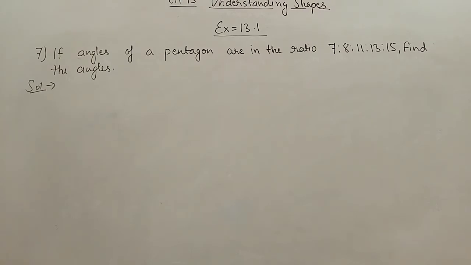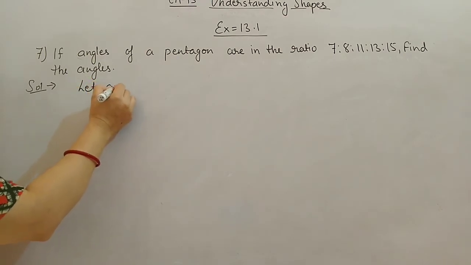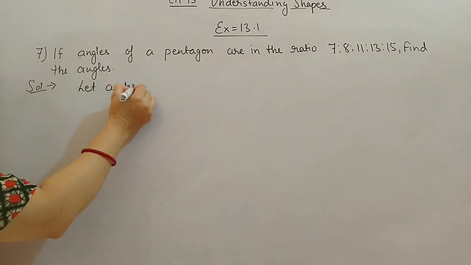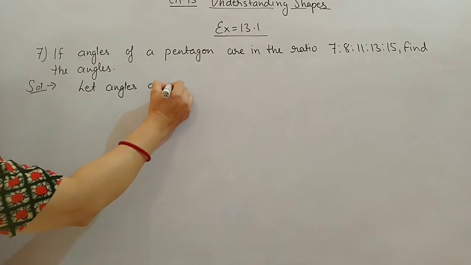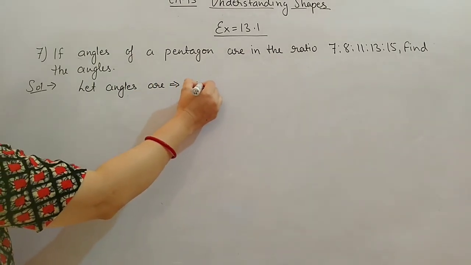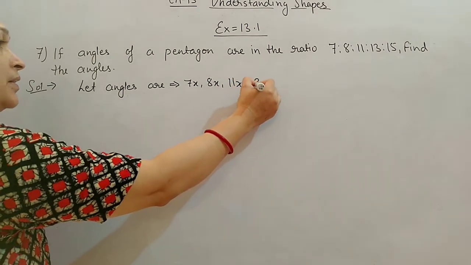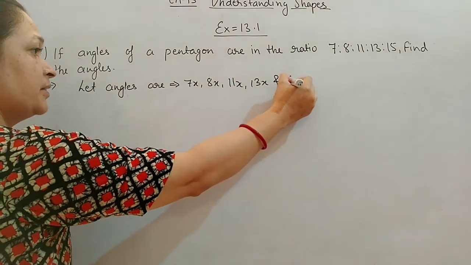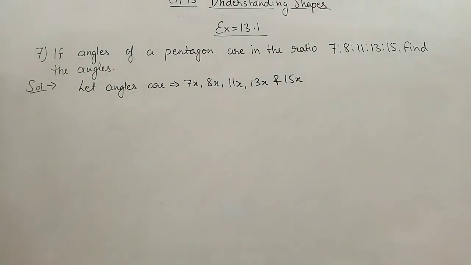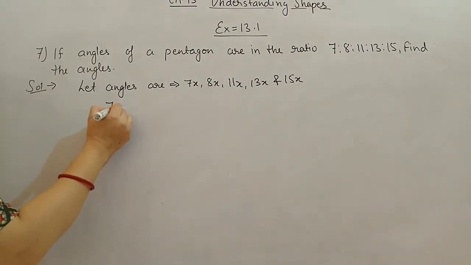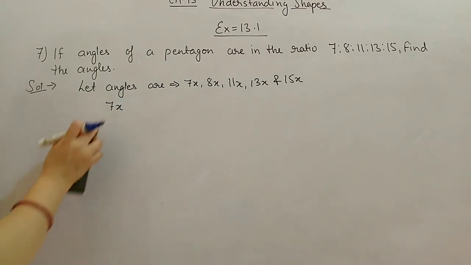So here angles are given in ratio. So let the angles be 7x, 8x, 11x, 13x and 15x. Then we have to add all the angles. We will use here angle sum property. So by angle sum property,